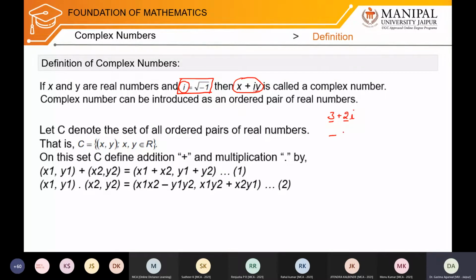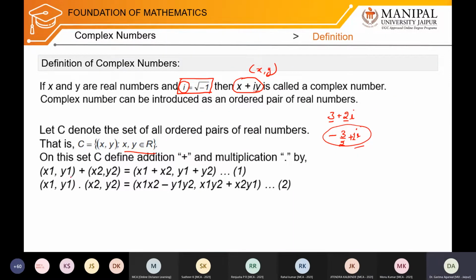Or let's say I write 3 by 2 plus iota, which is also a complex number because 3 by 2 is a real number and the coefficient of iota is 1, which is also a real number. So this concept is also known as complex numbers, right? So x plus iota y is known as a complex number, where x and y themselves are elements of real numbers, right? In ordered pair, we can represent this complex number as x comma y,